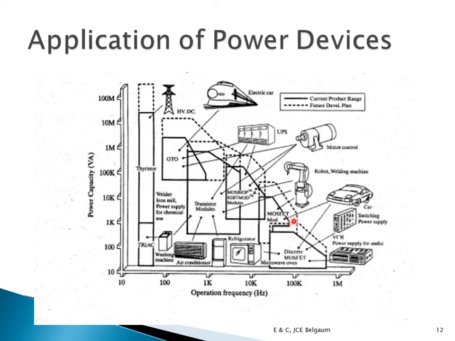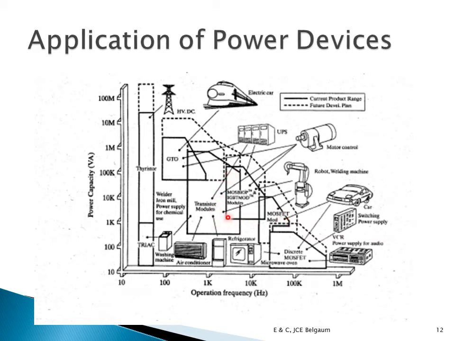Your MOSFET is out here, and transistor applications are air conditioners, refrigerators, televisions, etc. This is your MOSFET that is being used here. So MOSFETs are used for much higher frequency. This is your discrete MOSFET, so higher frequency but at lower power. And here you have IGBT. So IGBT is sitting between the transistor and MOSFET. I told you it uses the advantages of transistor and MOSFET.